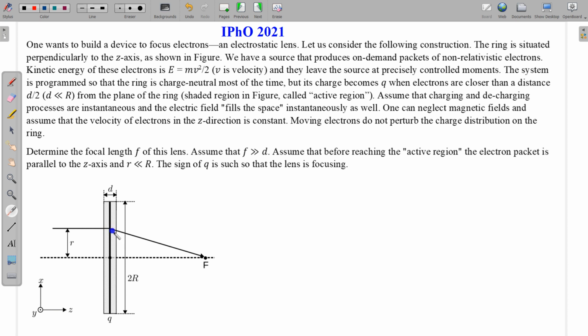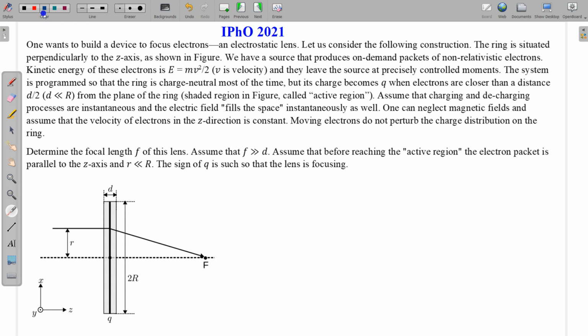And I have taken a similar problem earlier also. There is an old video of mine, in which a charged particle was performing simple harmonic motion in the plane of the ring, and there I calculated the electric field due to the ring in its own plane at a distance which is much less than the radius of this ring. I will give the link of that video in the description. So I am calculating again the electric field due to this ring in its own plane.